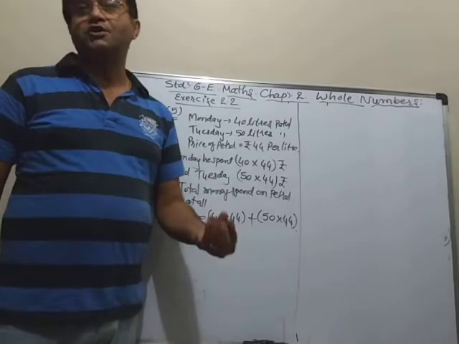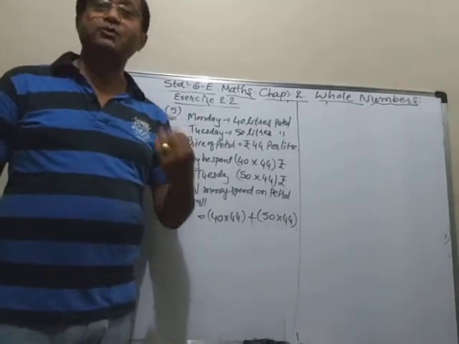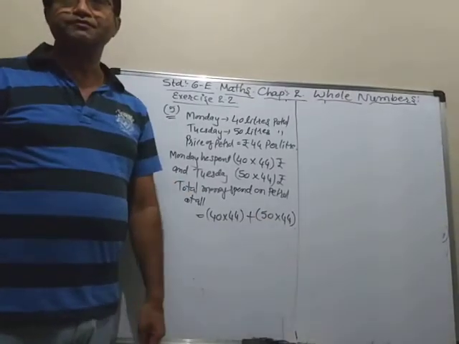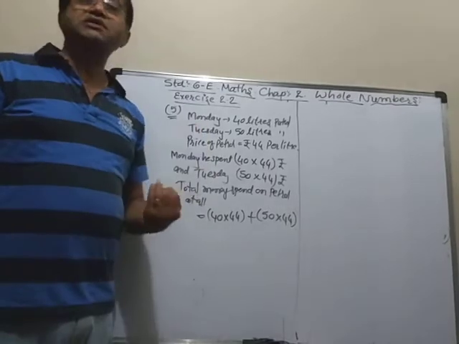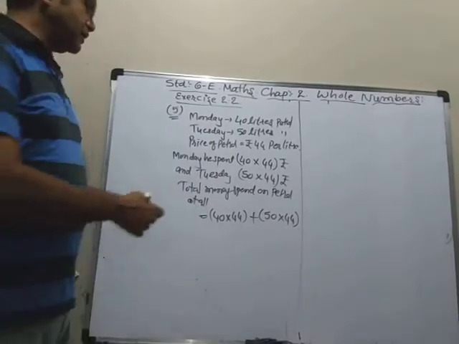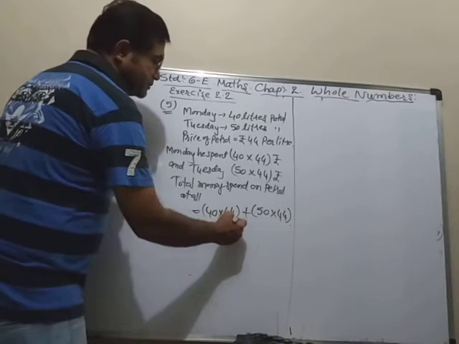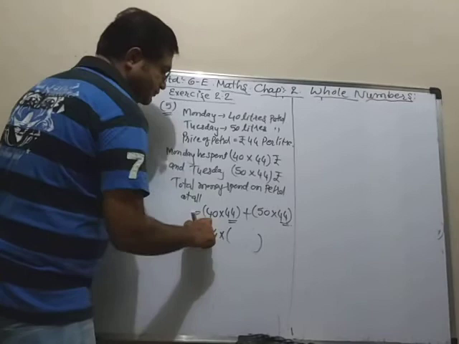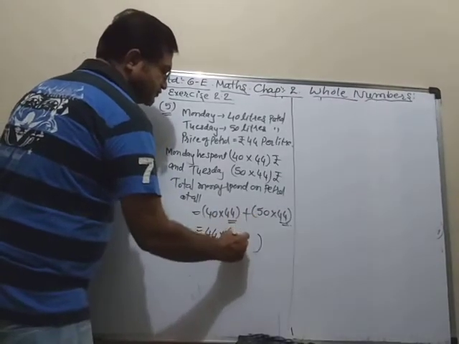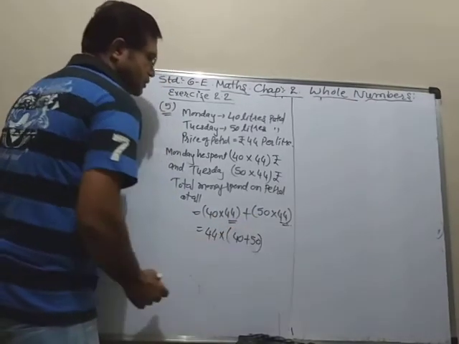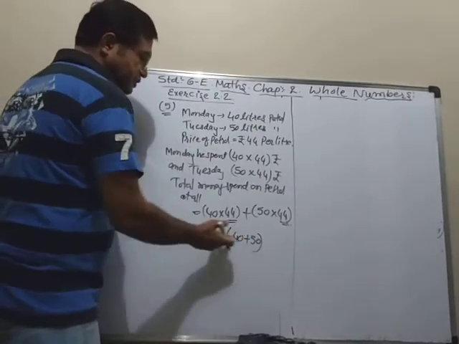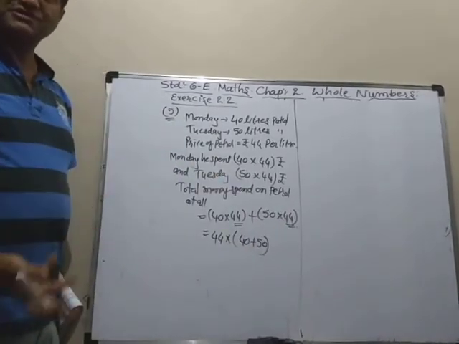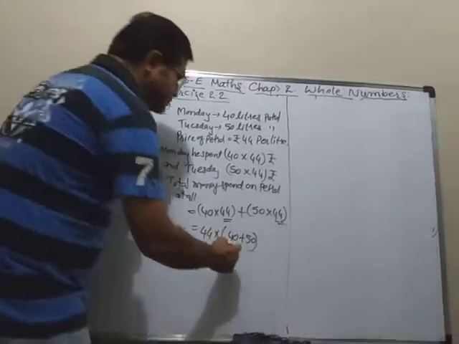No, because we know the distributive property. You can see that 44 is common in both. So we have to take out that thing and use the distributive property. So 44 can be multiplied with the total of 40 plus 50. In the previous sum we did it like that, 44 multiplied by 40 plus 44 multiplied by 50. Now we are doing the reverse, same thing. It's also distributive property